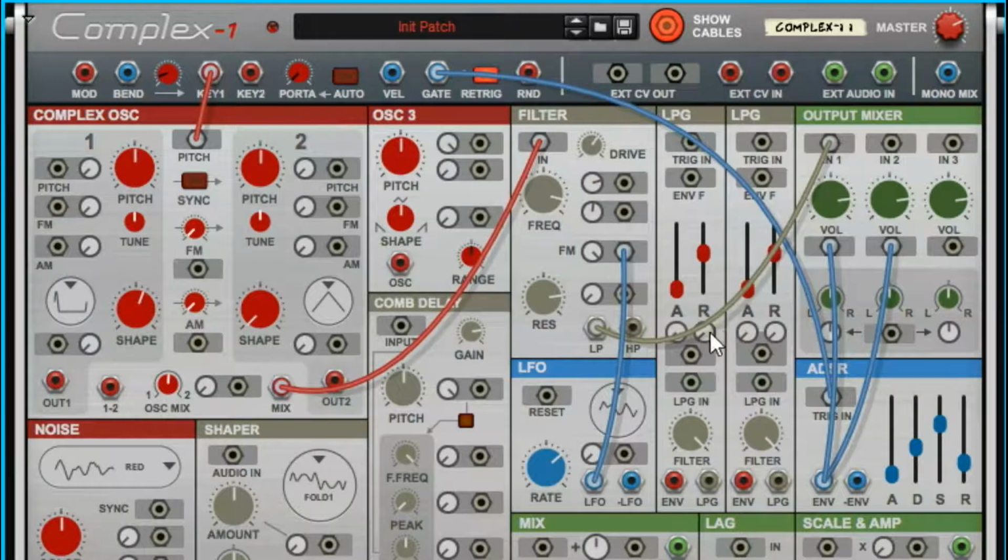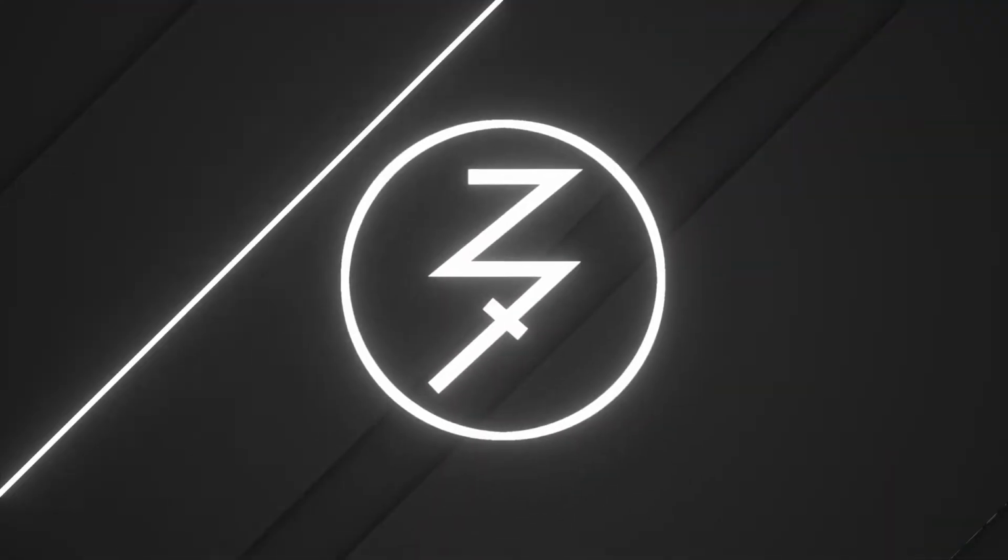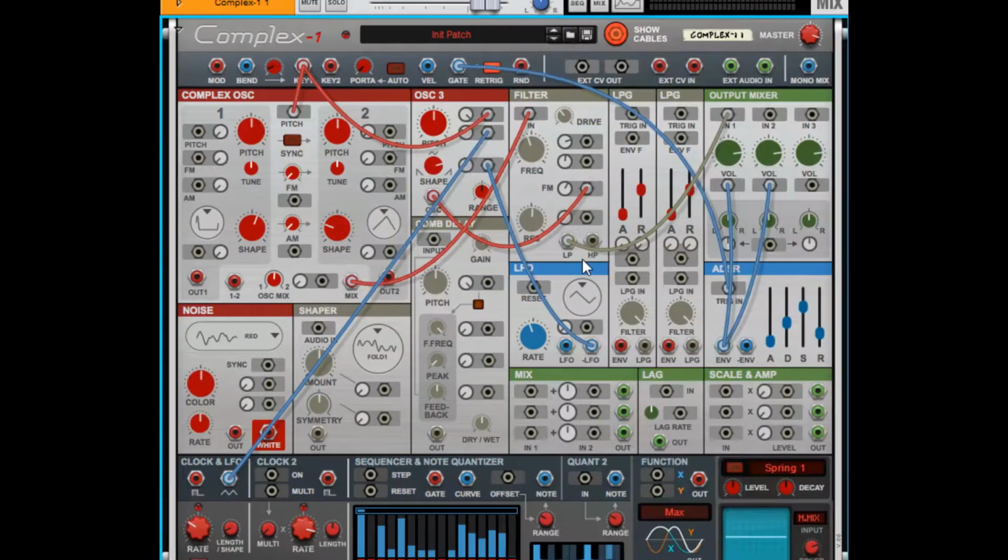So you're probably saying to yourself, wow, that's not a big difference from what we were just hearing a second ago. So I'm going to reroute some things and combine them so that we'll hear some frequency modulation here. All right, so I have rerouted several things here. Now I'm using all my oscillators. I have the mix running into the filter, and then I have my other oscillator running into the FM modulation, so you have a second frequency